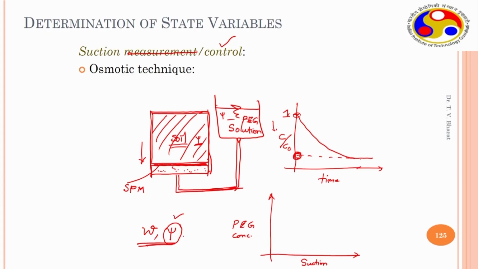Whether it is a total suction or matrix suction, it only matters when the soil pore water consists of some salts. In case the semi-permeable membrane also arrests the movement of salts to either leave or to come in, then it only measures the osmotic suction, it does not measure the total suction. We need to be a little careful about it. Otherwise, if there are no salts in your pore water, then this is equivalent to your matrix suction itself. So, then you have a suction versus water content relationship. That is the soil water characteristic curve. So, the soil water characteristic curve could be established. Thank you.